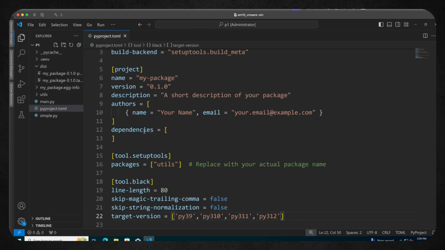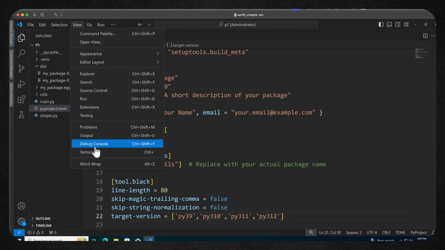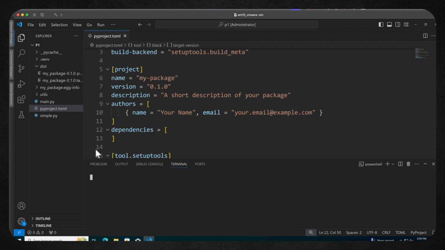I can test the configuration as is. So if I now move out to my terminal, I don't have to worry about any command line settings. I could look up black --help. I've already installed the black module, so pip install black.